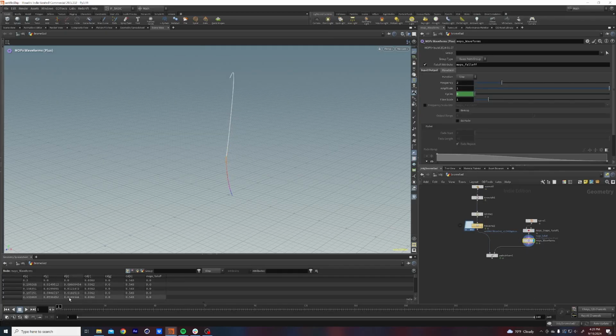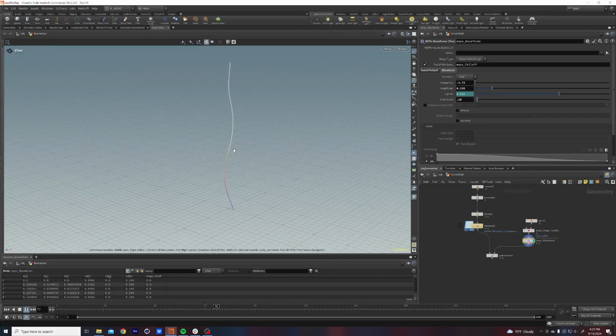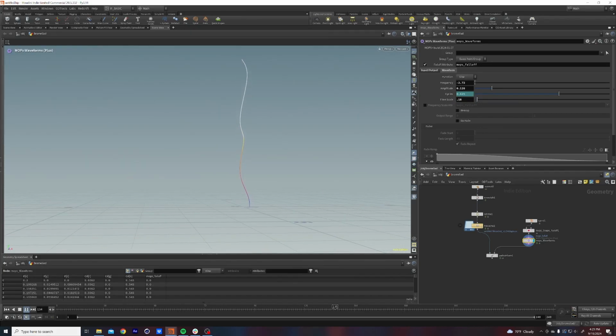If we just click on this, does that do anything? Yep, it's super fast. I don't want that. I want to adjust the frequency. It also looks like it's going down, and I want it to go up. So let's put minus 2.72. Now it goes the opposite direction. Let's bring the amplitude down to 0.126, something like that, and the time scale 0.18. I just want this to be slowly undulating. Great. So that's that. Now when we path deform this thing,